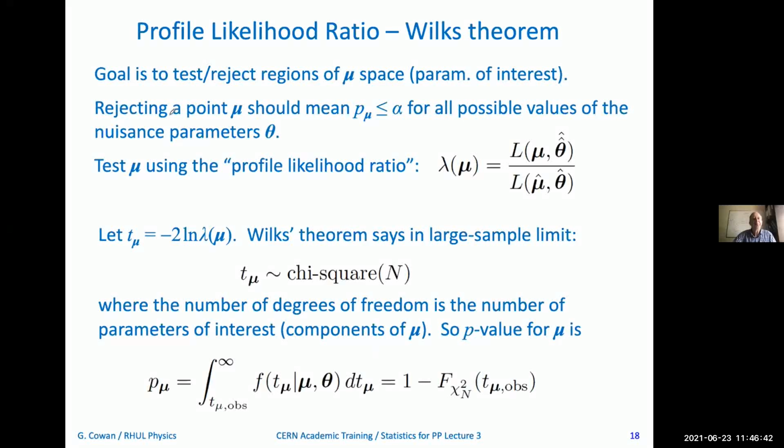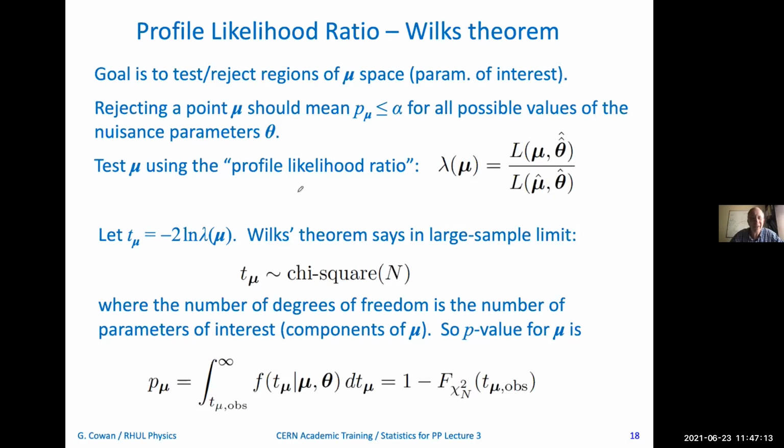So let's suppose that the goal is to test different points of the parameters of interest, right? But what we want to assert is the following: if we test and reject a certain point in mu space, what we mean by that is that its p-value is less than alpha for all possible values of the nuisance parameters. So this sounds like actually a somewhat difficult criterion to arrange for, but